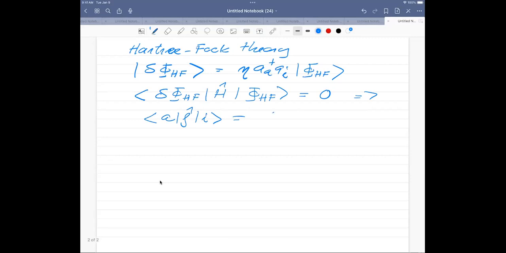And we found that this is given by A, and then we have H0 of I plus the sum over the states below the Fermi level. So we have an AJ, and then a V, and then an IJ anti-symmetrized. And this is something which we want to put to 0. Now, as we discussed yesterday, there are actually many ways of solving this equation, and the ways of solving this equation is, for instance, to